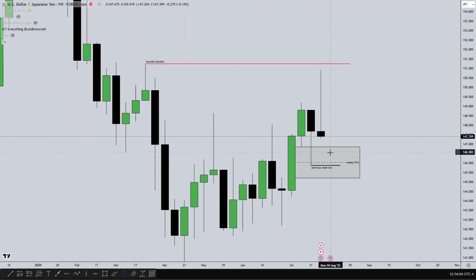I'll be seeing if price will trade lower, and my target is to see price go for the weekly low. If price takes out the weekly low, then I might look for a retracement. That is, if I can't find a trade before it runs out the low, then I will look for a retracement going higher. But my overall bias is to see price go for the buy side liquidity. I'm only taking this trade because it's a counter trade, which is going to be a low probability setup.